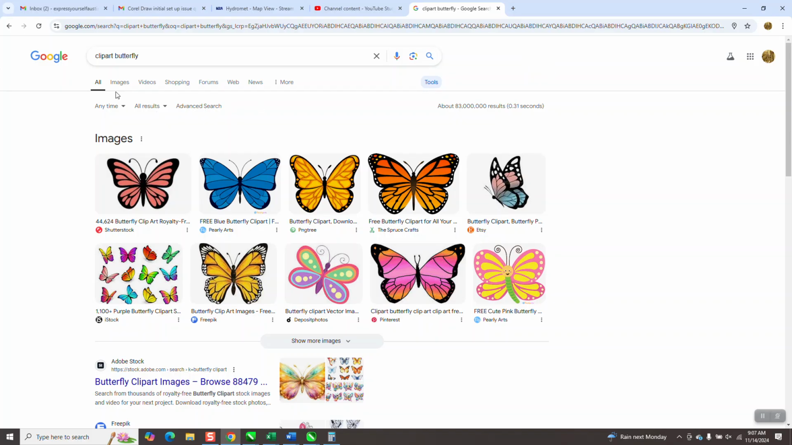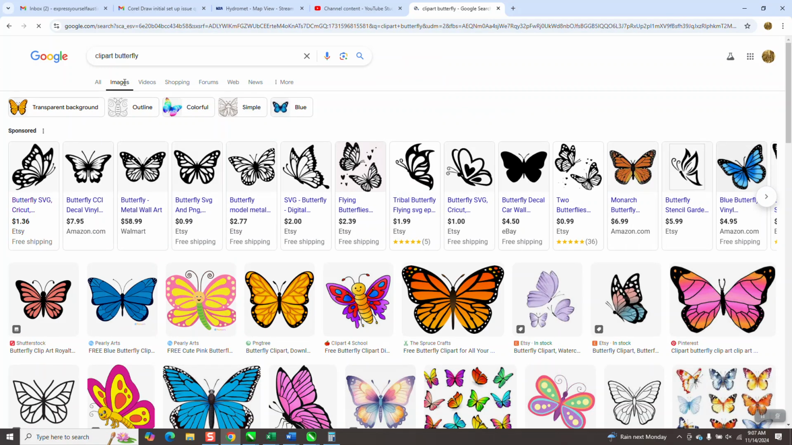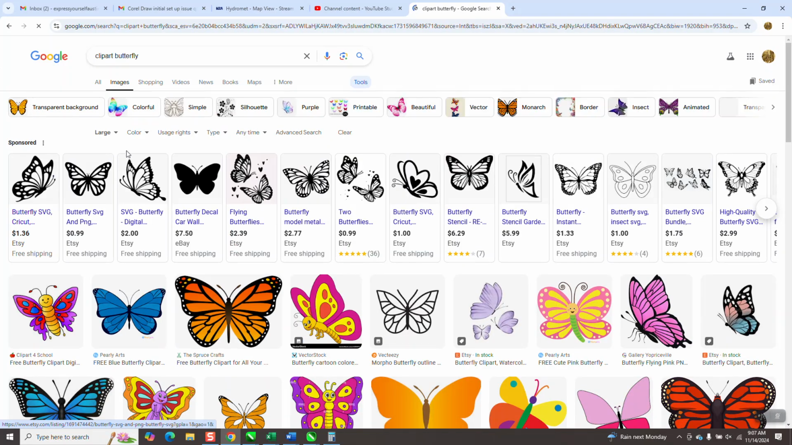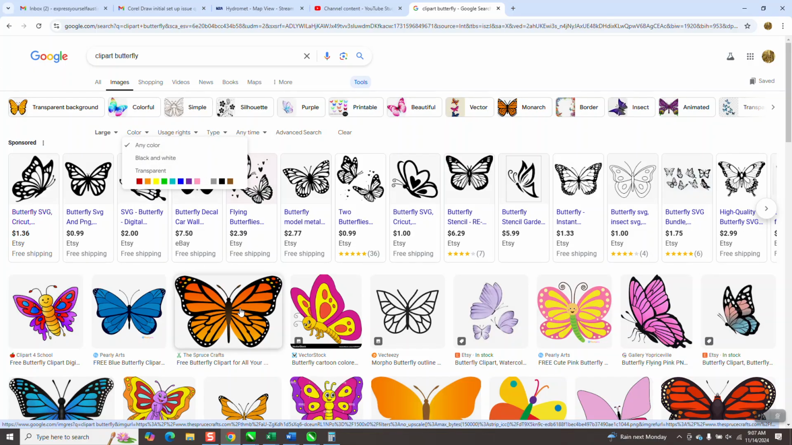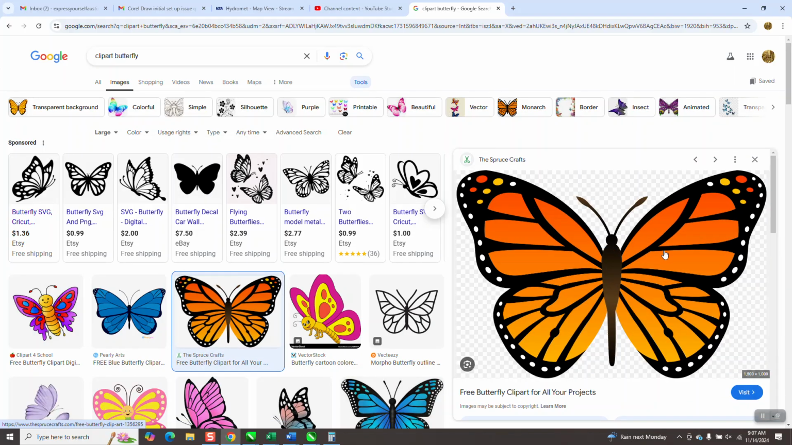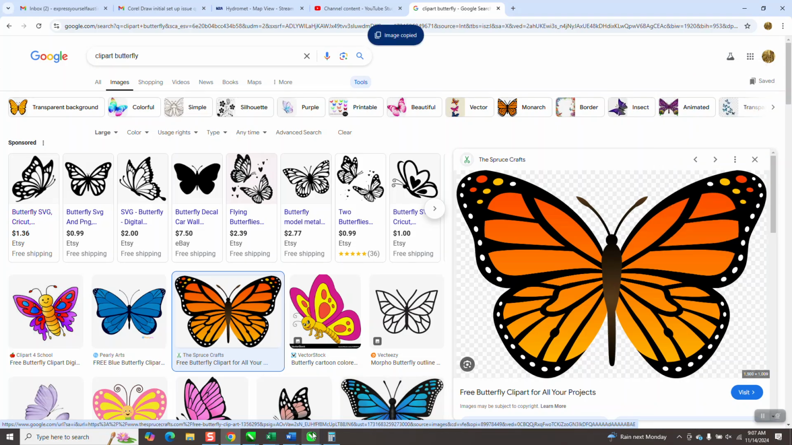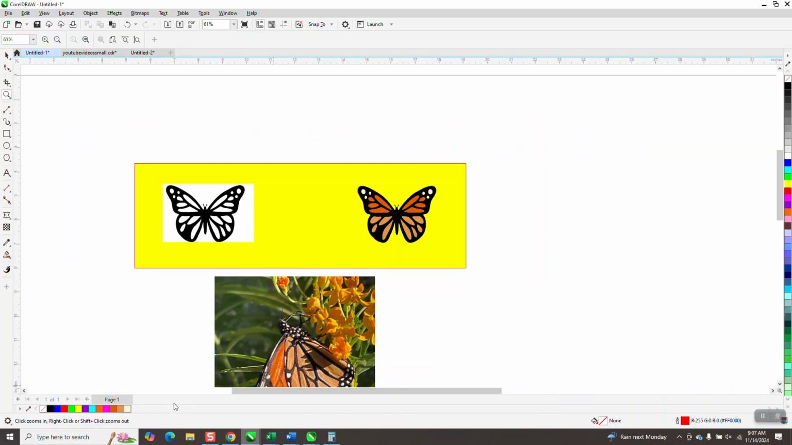So what you're going to have to do, go to images. And then when you go to tools, it comes up with the size. I always pick large. In this case, I'm going to pick black and white only. I mean, that would be a great example. Well, let's just use that one for a color. I'm going to right click and copy image, go to Corel, and